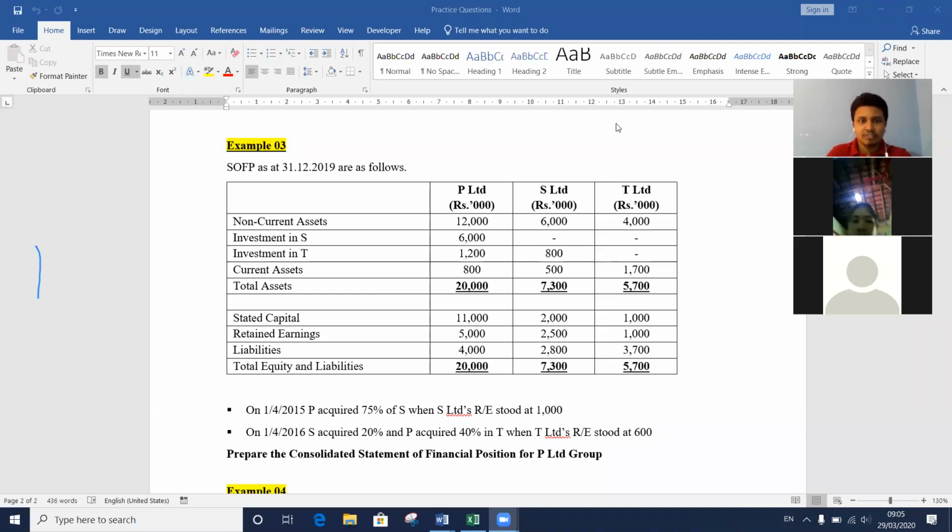Okay, so what I have told was, though there are so many things in your syllabus, most of the times what has been tested so far is how to prepare consolidated statement of financial position and